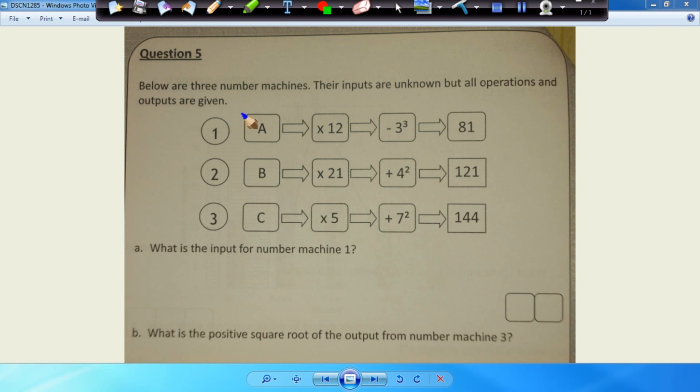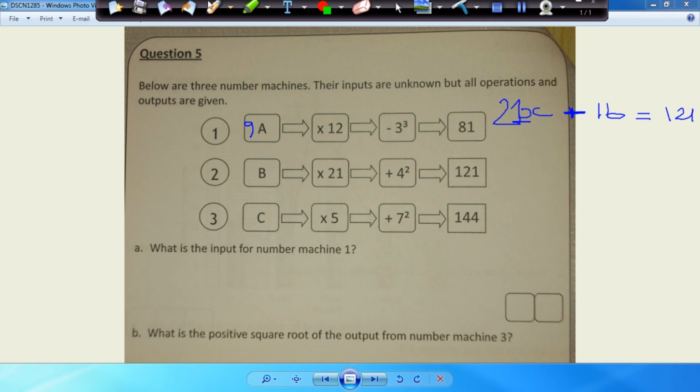Of the inputs of machine 1 and 2, what was the input for machine 1? We just said, it was 9. And what was it for machine 2? Did we work out machine 2? No, let's work it out. So we have x times by 21. We can write that down as 21x, and then add 4 squared. What's 4 squared? 16. Add 16. And that will give us an answer of